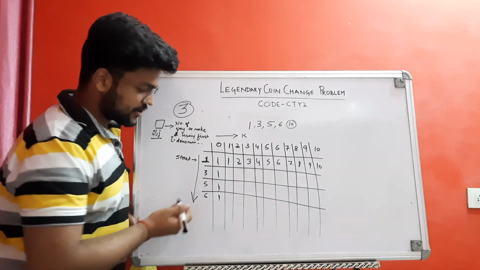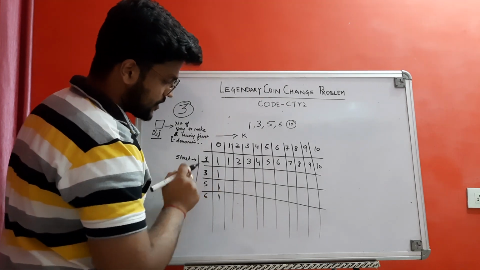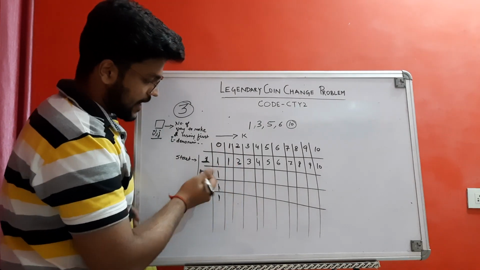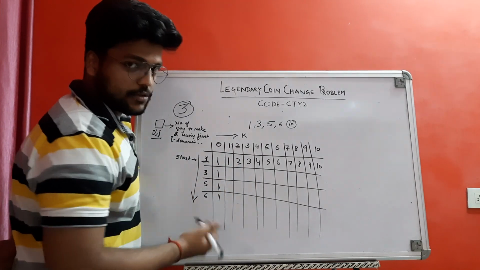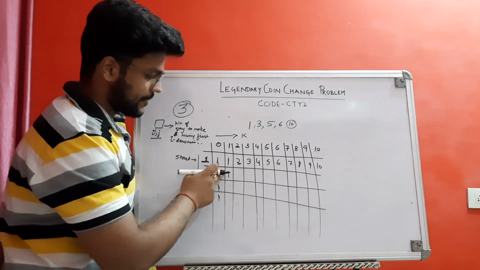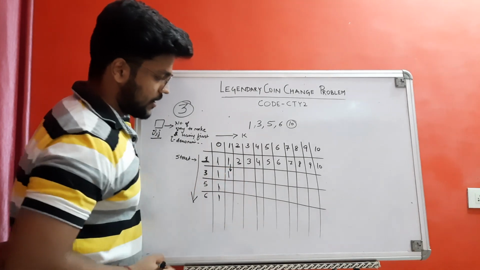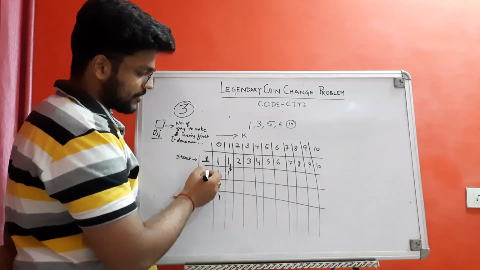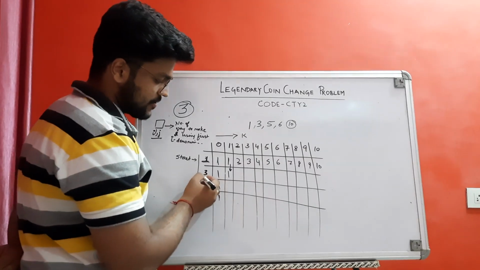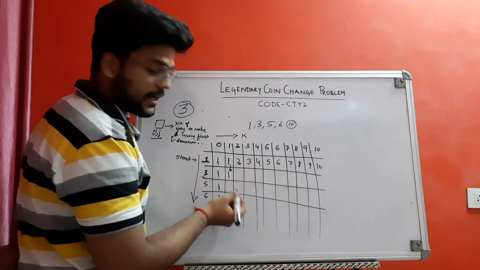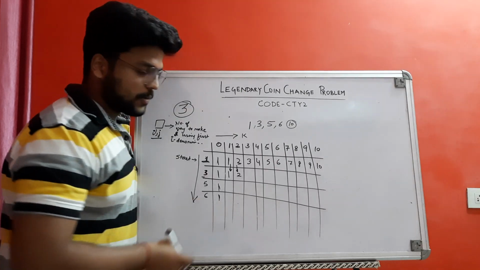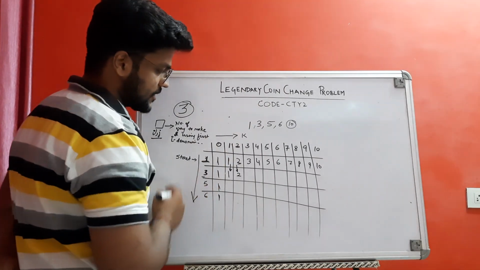Now move to the next, 3. If I am using 3, I have to start from 3. For sum 1, I won't be able to take any coin of denomination 3, so I will write 1 here, because there is only a single way. I will copy from above. I won't be able to make a sum equal to 1 by using a denomination whose value is 3. Now going to the next, 2, again it is impossible, so copying the value from above. Now it is possible to make a sum 3 by using a 3 denomination.